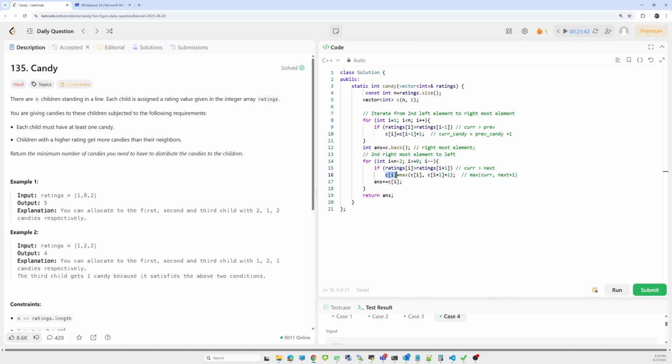Then we update the candies for each child to the maximum of the current element or the right one plus one, and then we update our answer also.